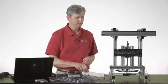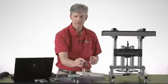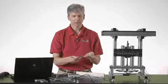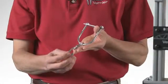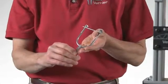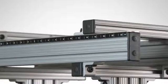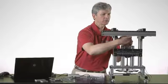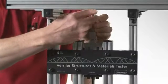I'm going to attach the beam with some of our tackle that comes with the bridge tester. In particular, I'm going to use a U-bolt and a couple of quick links, and that should give me enough reach to attach my beam to the top of the Vernier Structures and Materials Tester. In order to do that, I need to reach around here and put an eye bolt into the top of the load cell, the force sensor,